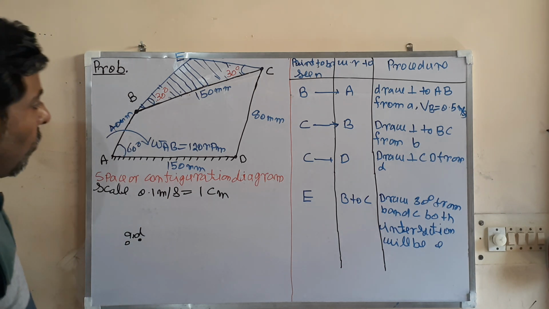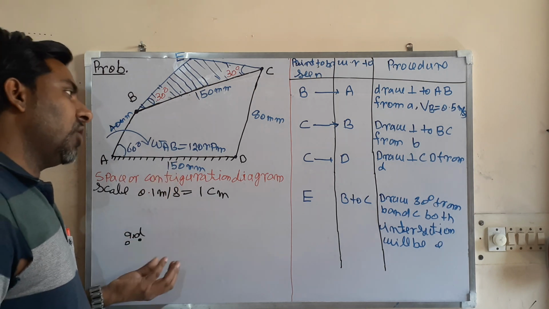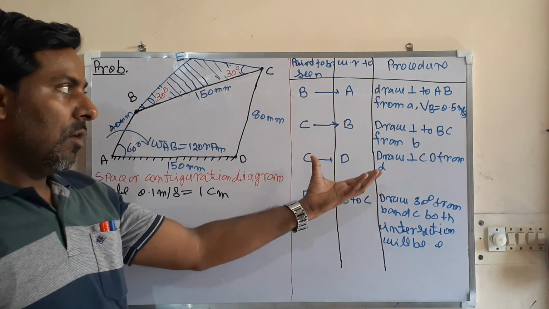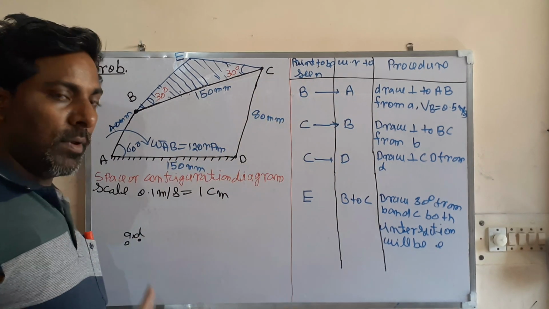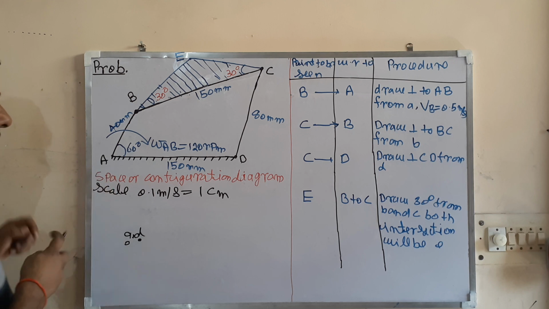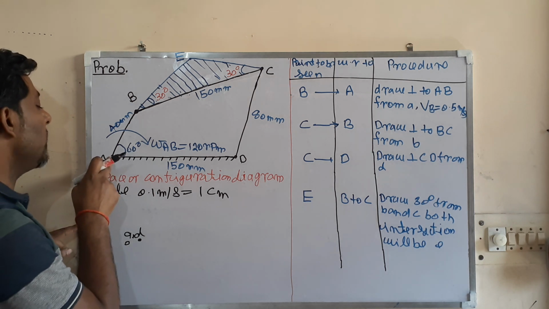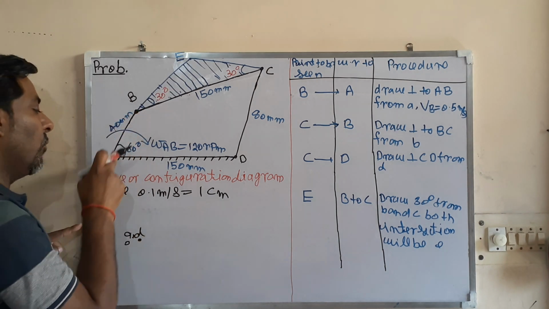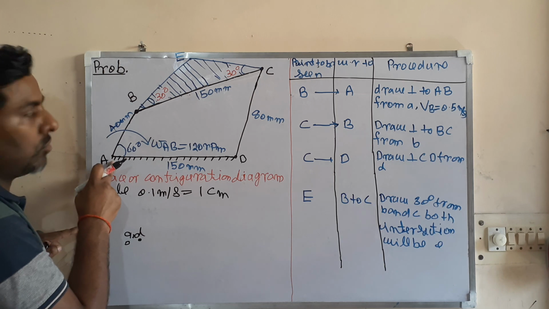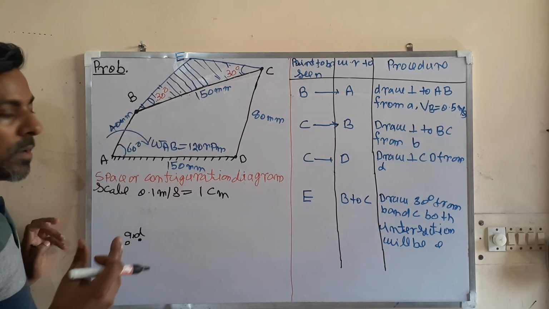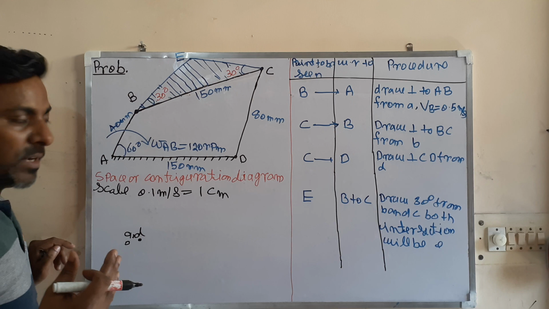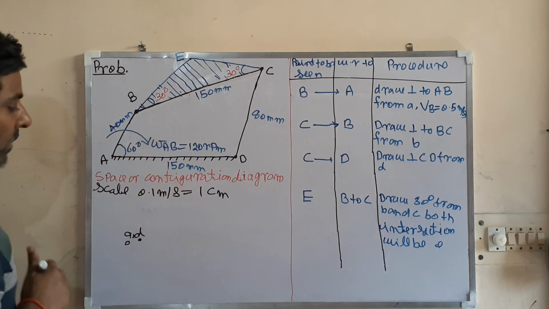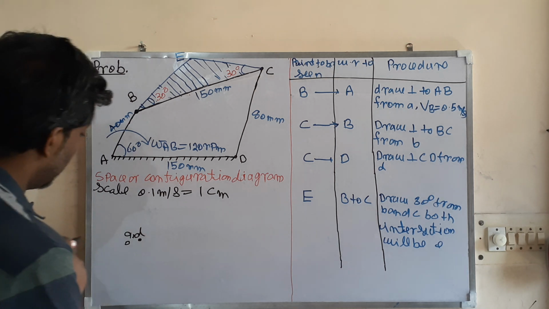Now, what procedure should be adopted to draw the velocity diagram? I have developed it here. You can also see from here. Whatever I have written, the same thing I will tell and follow up. Now, let us see what I am doing. You sit at the point A. This A is a fixed point, and I am looking at the velocity of point B. We are looking from the fixed point, so that will be the absolute velocity of point B. So you know the absolute velocity of point B is 0.5 meter per second. So in scale it will be 5 centimeter. But where will be its direction?